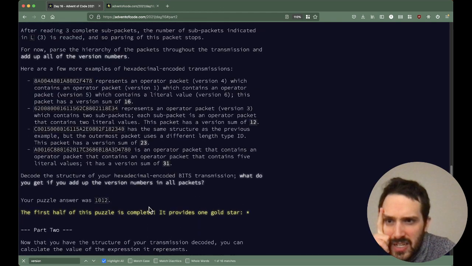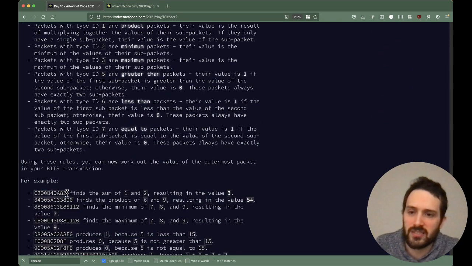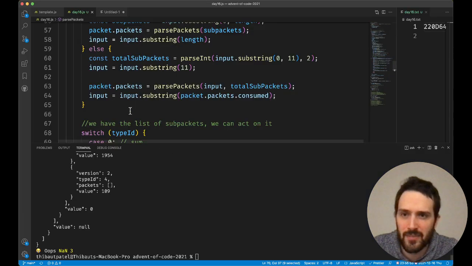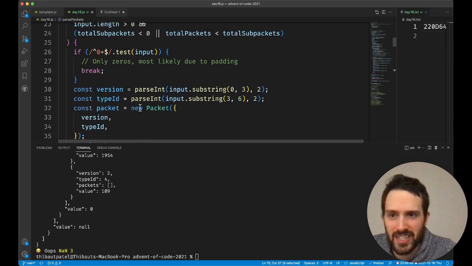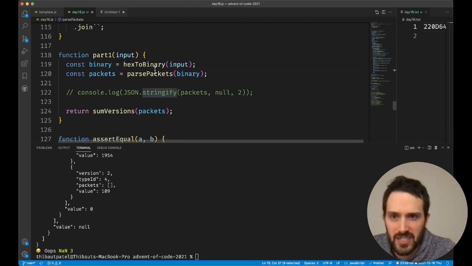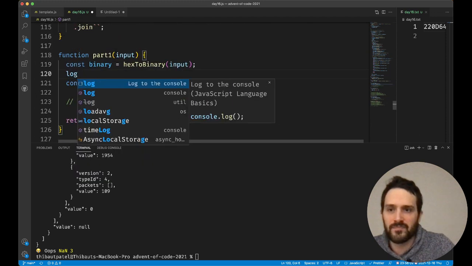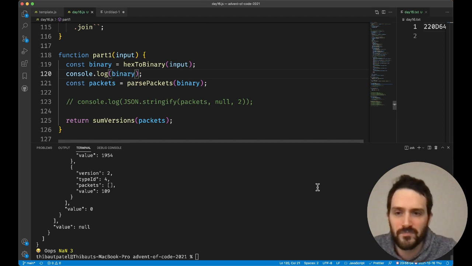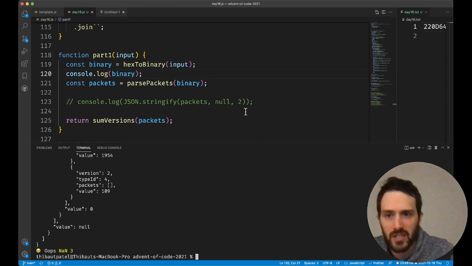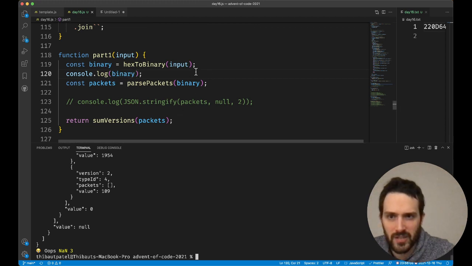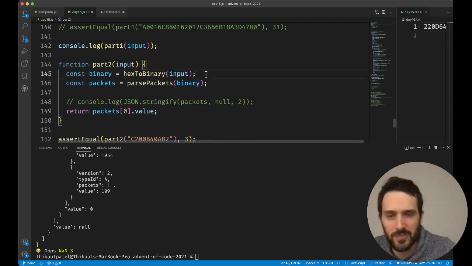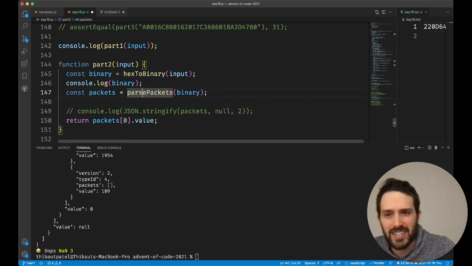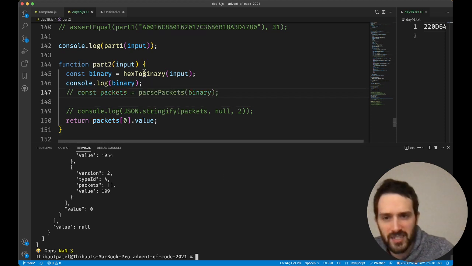C200, we need to actually do, damn, I should have added something that adds a bit more debugging. Actually, I can just debug here, binary. Actually, wait, that's part 1. That's dangerous. We need to not touch part 1. And here we don't want to pass the packets for now. We just want,